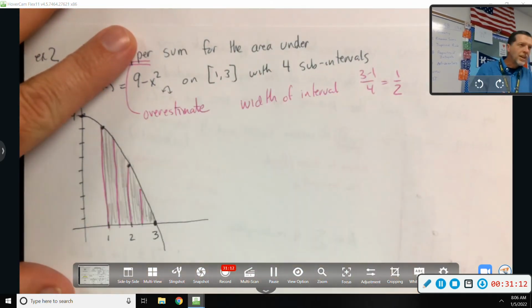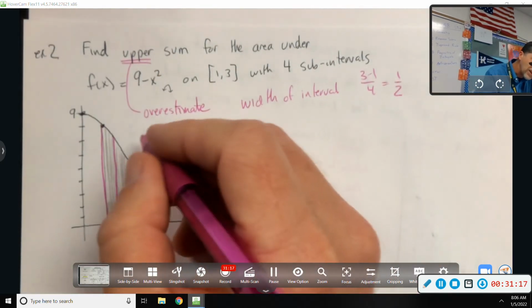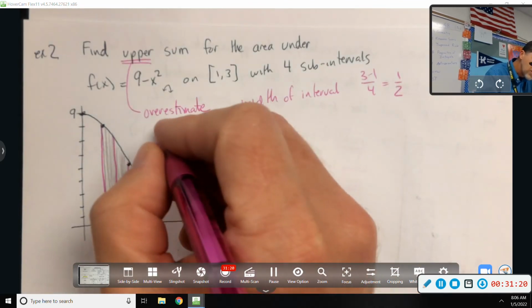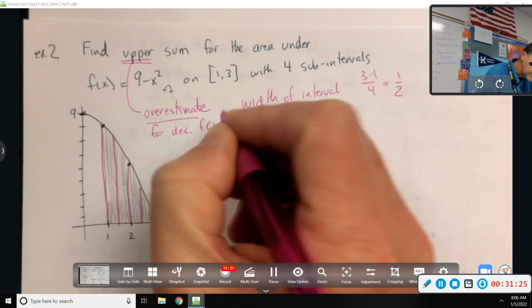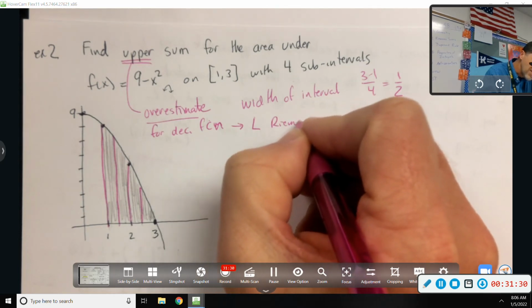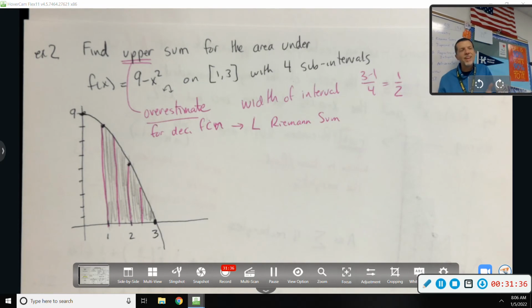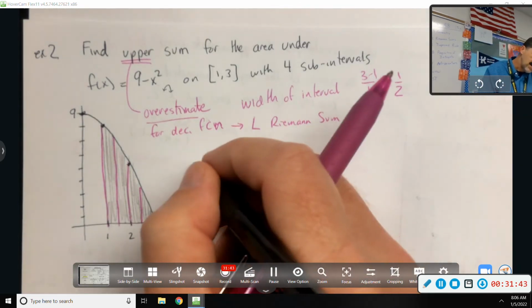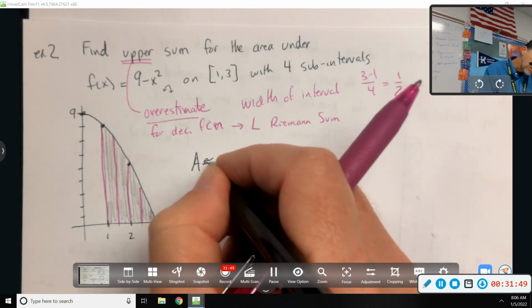But be careful, over doesn't always mean left or right. It depends on if it's increasing or decreasing. So you just have to be careful and pay attention. So an overestimate for a decreasing function means we want a left Riemann sum. But again, I don't memorize that. I figure it out and think about it each time. If I want to overestimate, well, pick the heights that are above the shape, above the curve. So area approximately equals